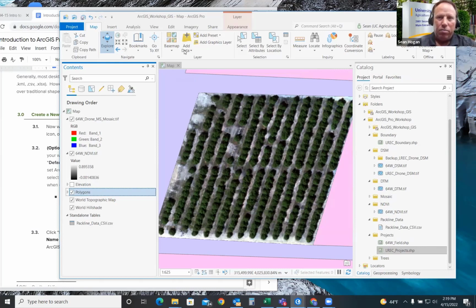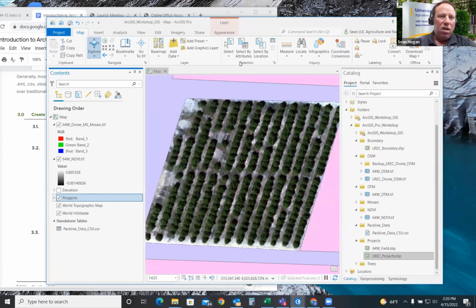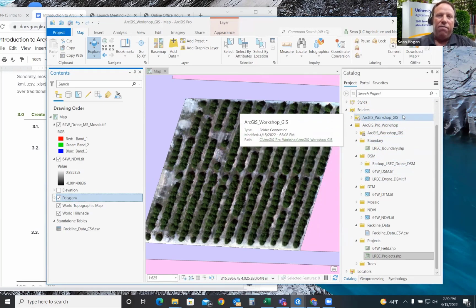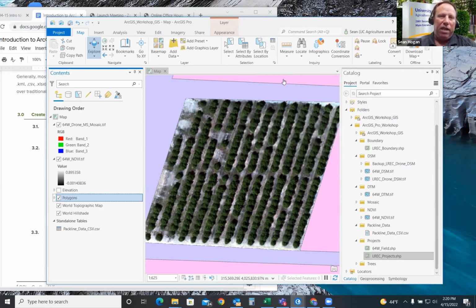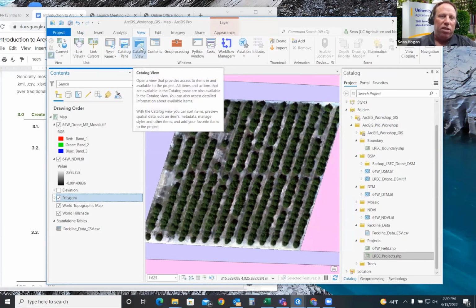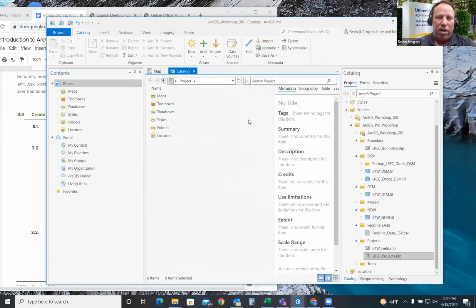I have my zoom in the way here, multiple zoom levels. There we go. Since I have catalog already open on the side, I want to show you a different way of looking for data, and that's with the catalog view. The way we can get that up is we go to View at the top, the tab, and you see there's catalog pane, but we want to click the one to the right of that, catalog view, and that will pop up in our center window.